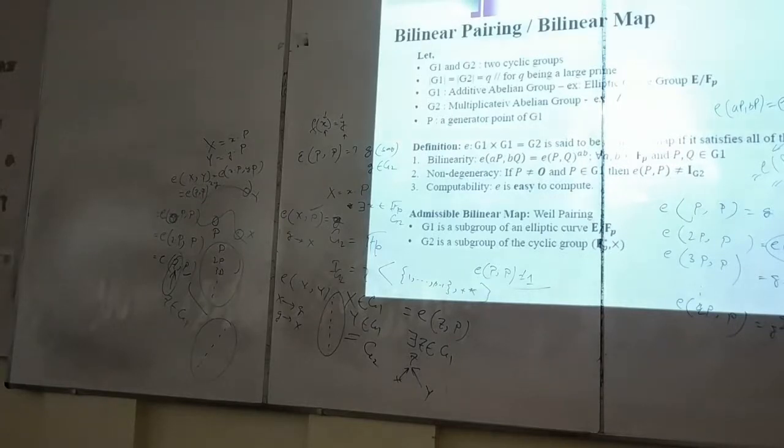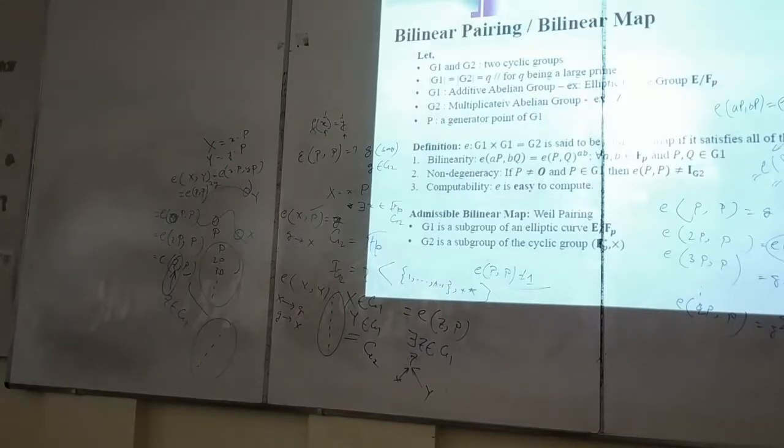This is only one way of getting capital X from H. However, this does not imply that this is the only way. There might be other ways also, bypassing this mechanism, another easy way which does not depend on calculating discrete log. So the one way property is not implied by the difficulty of discrete log, but it depends on the difficulty of discrete log. Meaning, as long as discrete log is hard, that does not imply that this is one way.